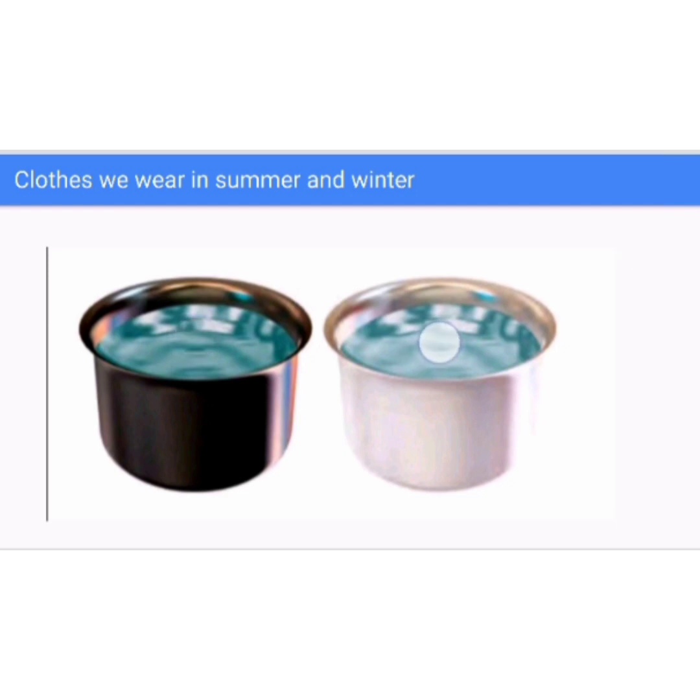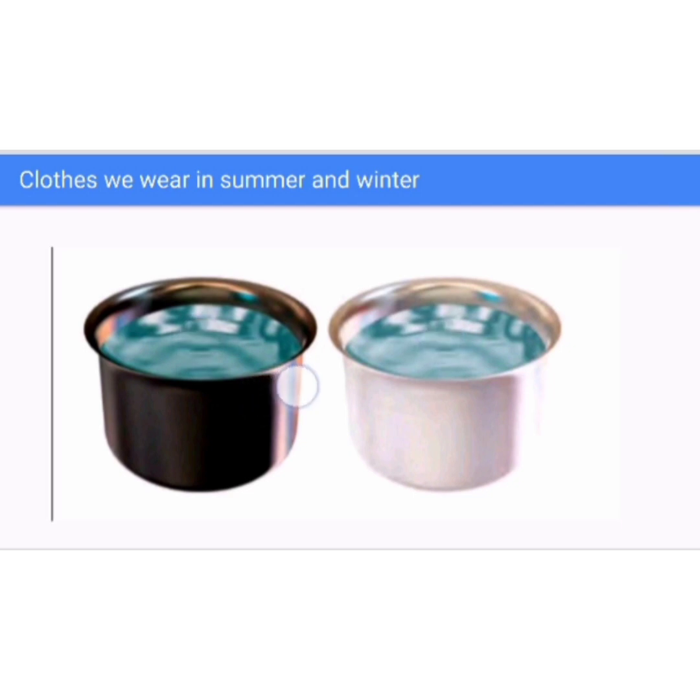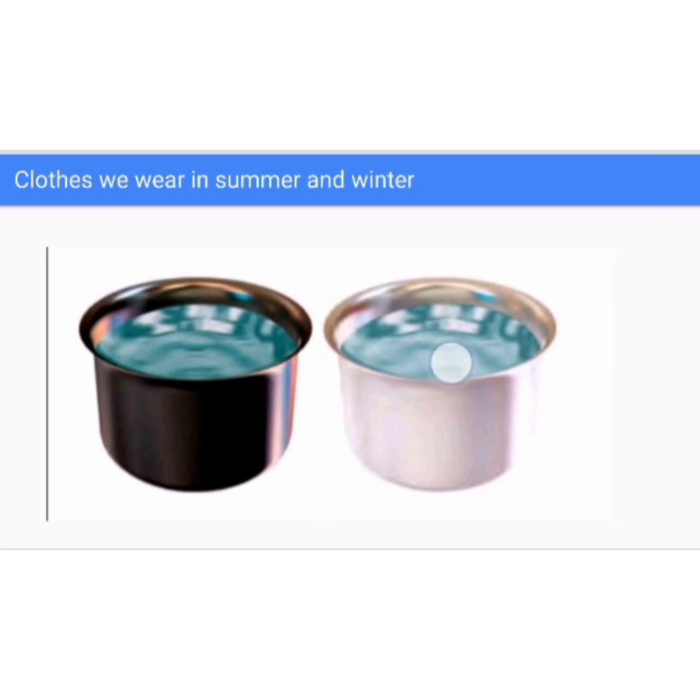Now fill the 2 cans with the same amount of hot water at the same temperature, leave the cans in a room or in a shade, and note the temperature of the water after 10 to 15 minutes. Does the temperature of the water in both cans fall by the same amount? No, the temperature of the water in the black can falls faster.